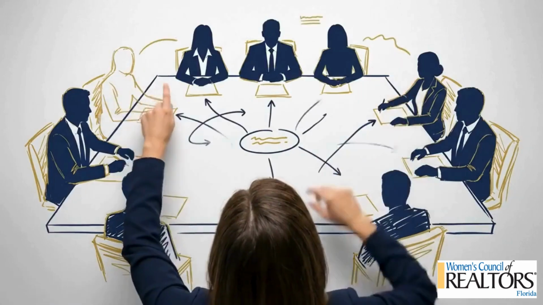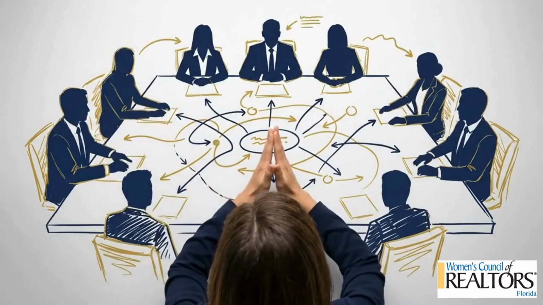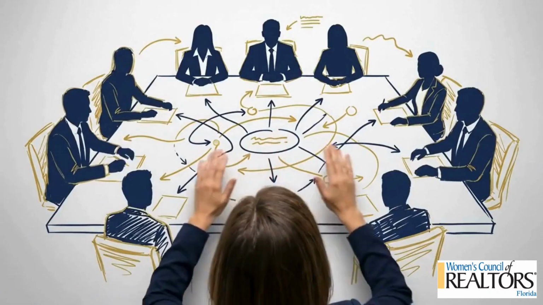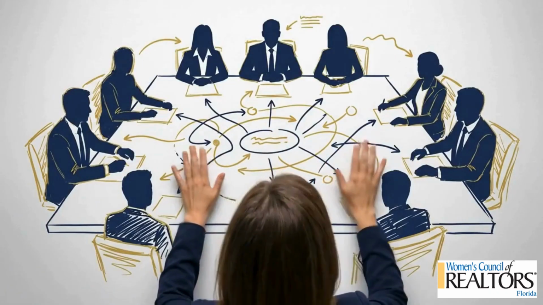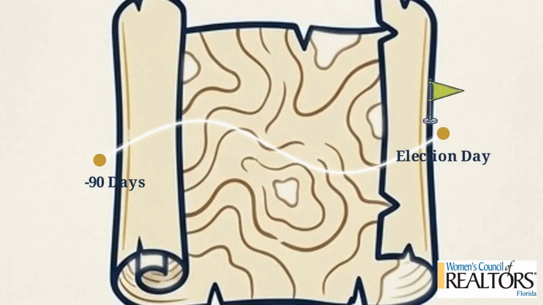To advance women as business leaders, a local network needs unshakable trust. If an election process is flawed or disputed, it undermines that foundation. To maintain that confidence, we are going to follow a precise roadmap. We will walk through the entire process, starting 90 days before the election, down to the final ballot, ensuring absolute